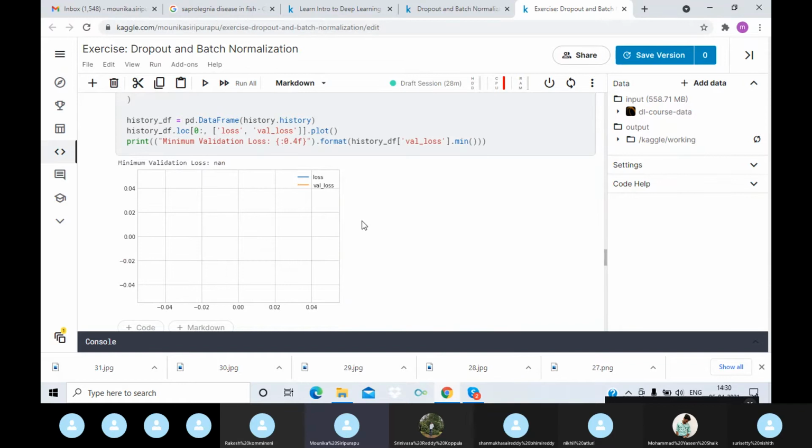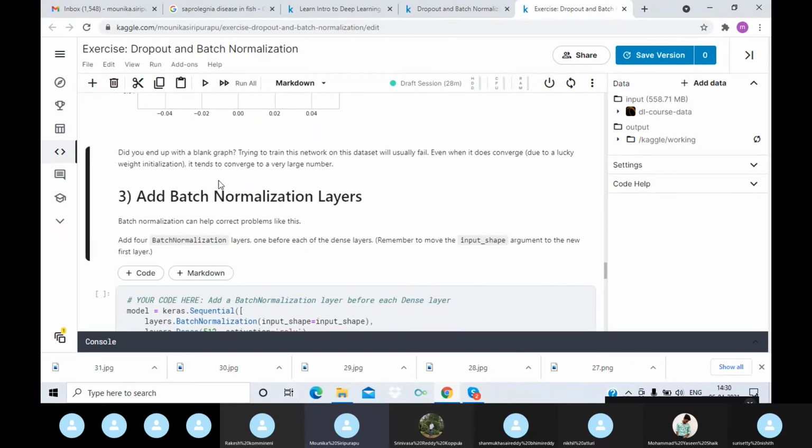So the minimum validation loss is none, and we end up with a blank graph.